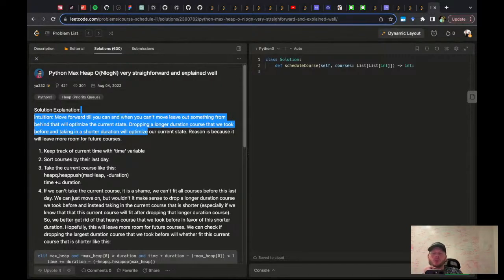Yep. So this is just prioritization on the queue. Dropping a longer duration course that we took before and taking in a shorter duration will optimize our current state, because it will leave more room. Yeah. Maybe I should go back and reread the problem, but if you can get equal course credit for a shorter course, that'll give you more space for sure.